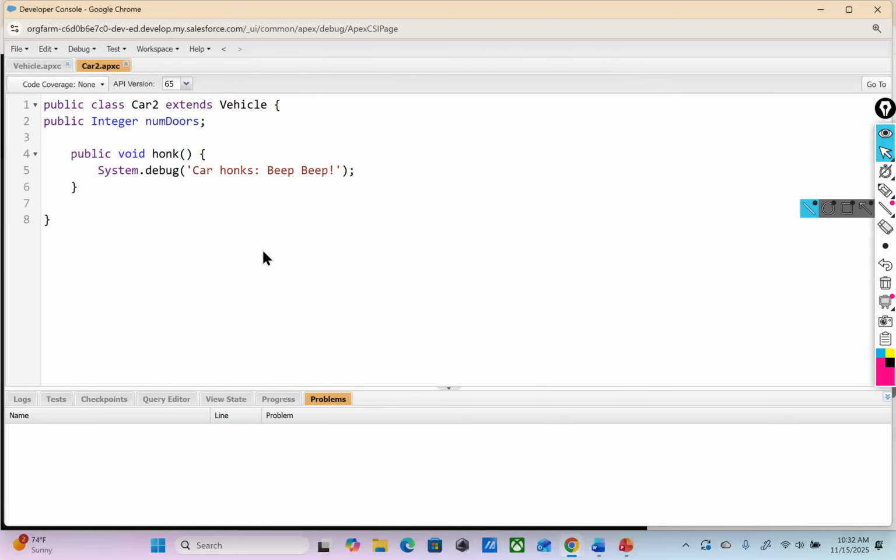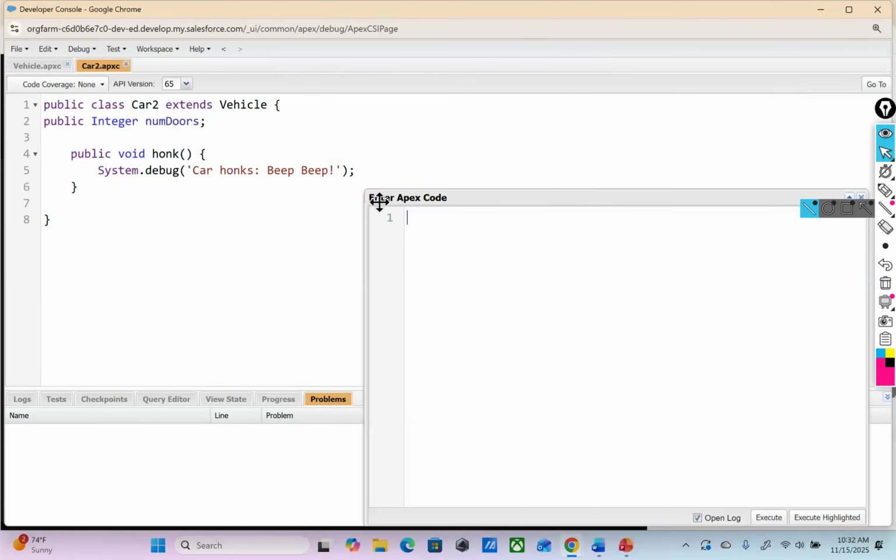So here, if I say in the anonymous window, he is saying to call car two. V is equals to new of vehicle, and here we say V dot of,